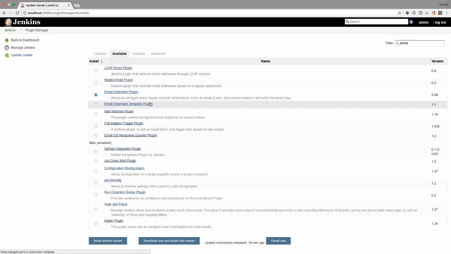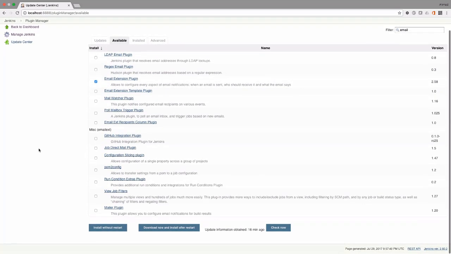It allows you to configure every aspect of email notifications: when an email is sent, who should receive it, and what the email says. I need that, so I'm going to install without restart. And notice here that you have another option, which is download now and install after restart. This option can be used if you want just to download the plugin and not activate it. It's going to be activated automatically when you restart the Jenkins service or the Jenkins server. So I'm going to choose the first option, which is install without restart, and that will download and install the